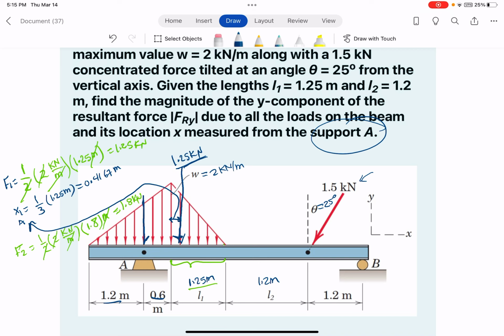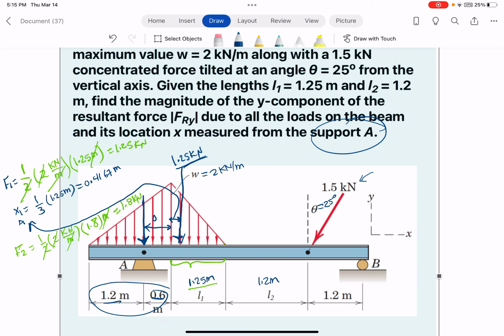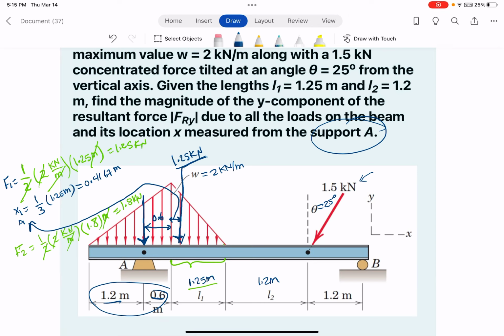So it's going to be here at the hinge, and that's going to be 0.6 from here, because 1.8 over 3 is 0.6. So this is going to be 0.6. That's going to be exactly at point A. Okay, and that value is 1.8